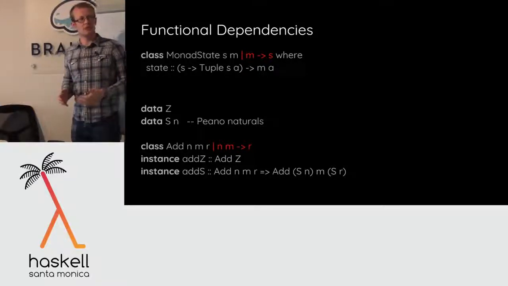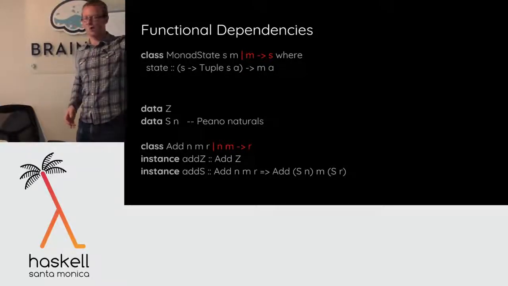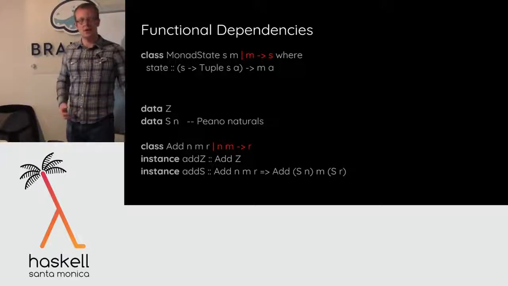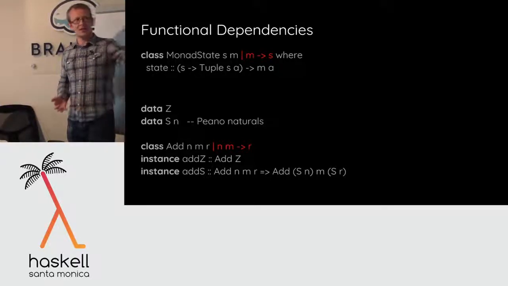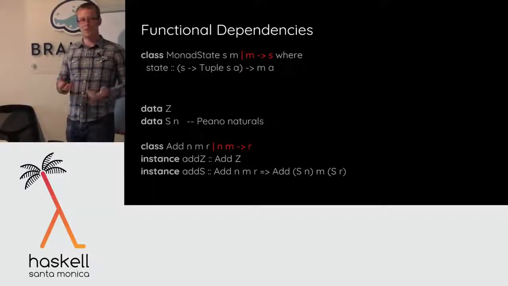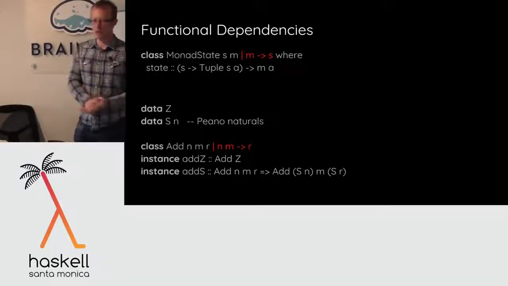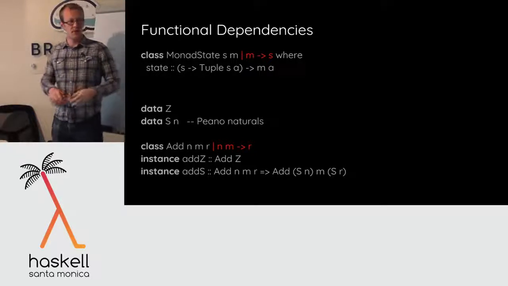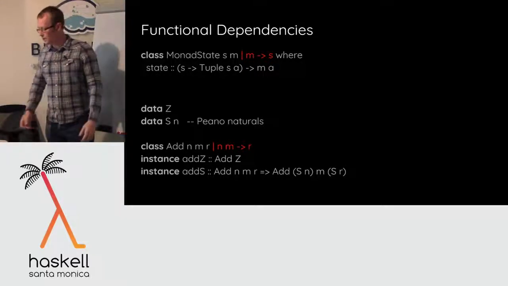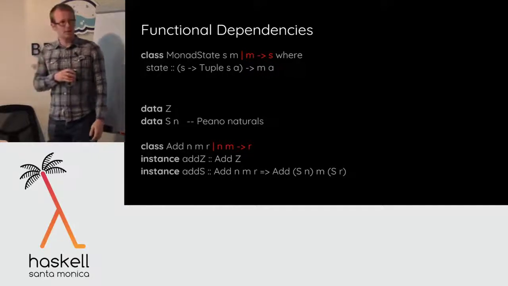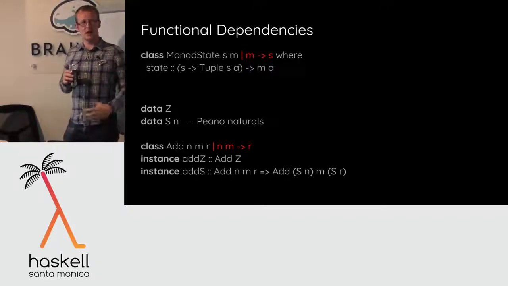So this is really powerful because it allows me to talk polymorphically about monads M, and then not worry about having to put type annotations on the state type. Because if I didn't have this functional dependency, in some cases the compiler wouldn't be able to figure out which instance. So functional dependency is a really practical thing when you want to use the monad transformer library, but they also enable a whole bunch of other really interesting things.